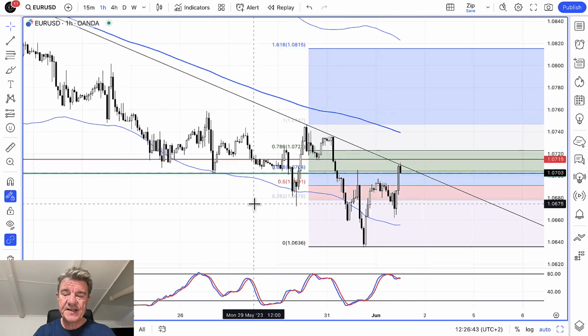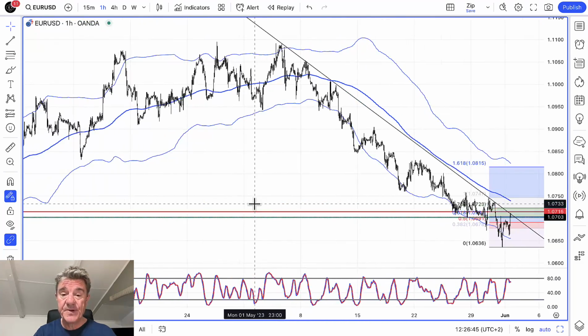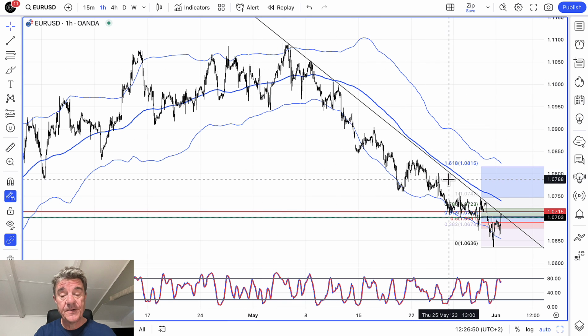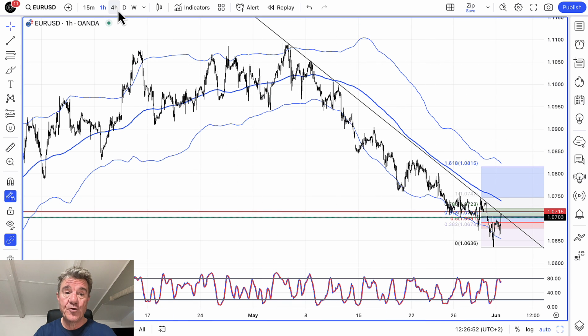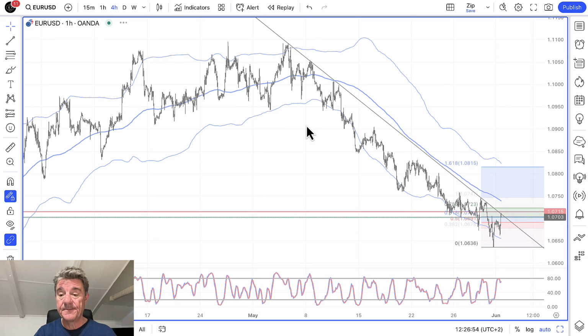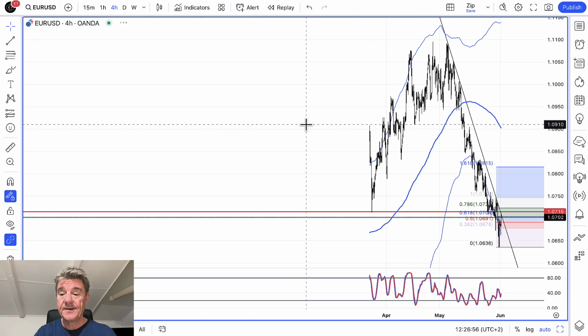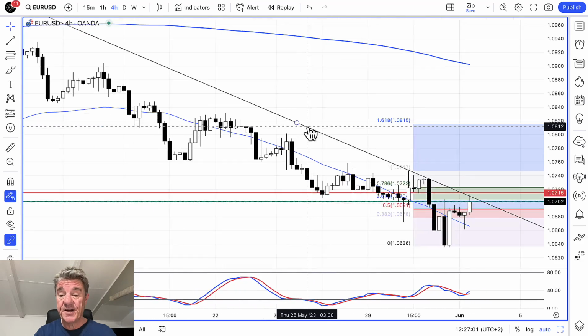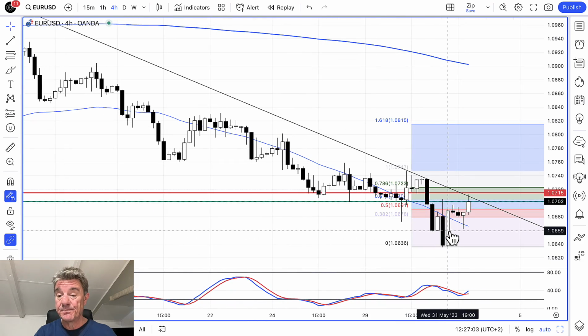Remember, at some stage we're going to see this trend line broken. The longer the trend line becomes, the more likely it is to be broken. This trend line is really long on the hour chart. If we switch across to the 4-hour chart, you'll see the same sort of thing. And you'll also see a spike low and an engulfing candle really on the 4-hour chart. That 4-hour candle there is a bullish engulfing candle. Very, very significant bullish engulfing candle. After having broken down through that support, we formed this big reversal candle, and we're now just moving up towards